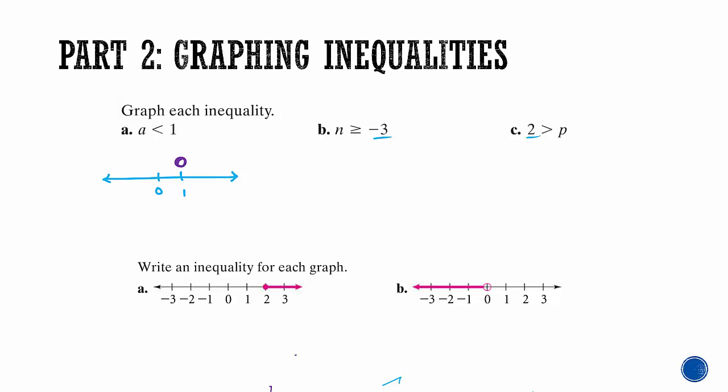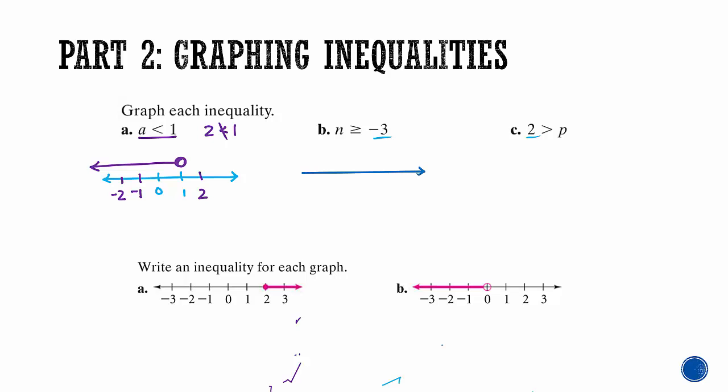So this says that I want all the numbers that are smaller than 1, or all the numbers less than 1. So all the numbers that are less than 1 are these numbers over here, like 0, -1, -2. A number like 2 wouldn't work, and you can always check this by plugging one of those in. 2 is not less than 1, so we do not want to include that where our arrow goes. For the next one,